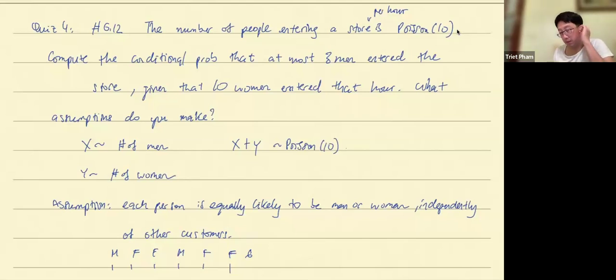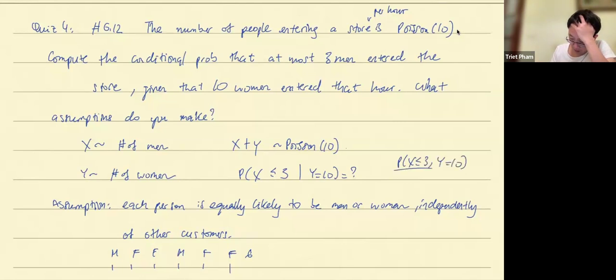What's being asked is the probability that X is less than or equal to 3, conditioned on Y equals 10. Which is the same as asking the probability of X less than or equal to 3, comma Y equals 10, divided by